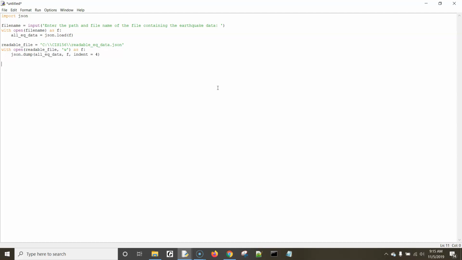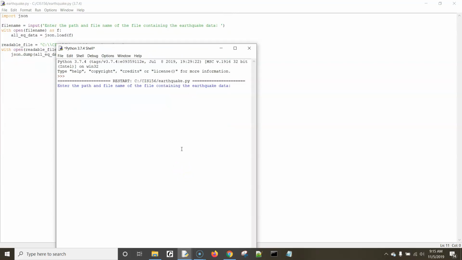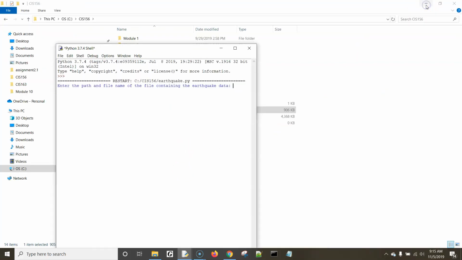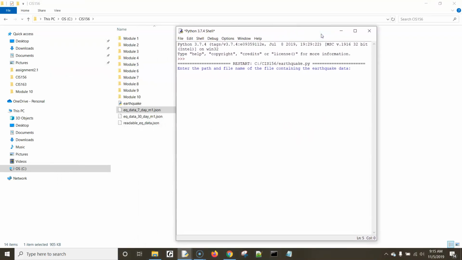So the indent equal 4 argument tells the dump function to format the data using indentation that matches the data structure. So let's go ahead and save and run our module. So I will go ahead and save it under CIS 156 as earthquake. And we need to go ahead and enter the path and file. So it is just